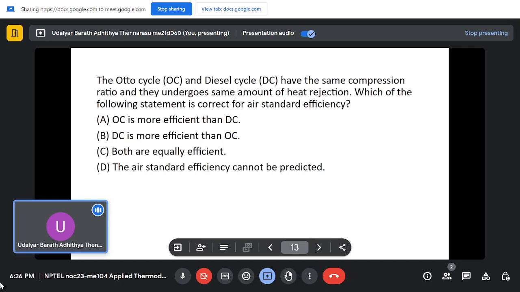So in this case, we know that for constant compression ratio and the same amount of heat rejection, the Otto cycle will be more efficient than the diesel cycle. So the answer is option